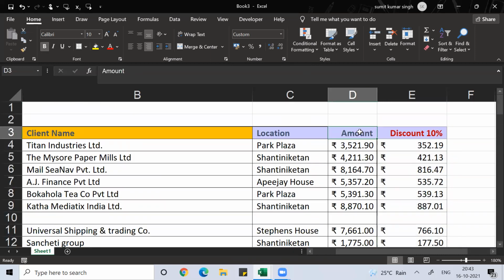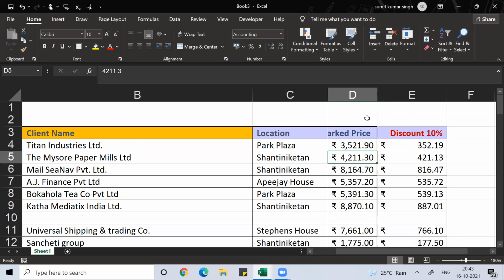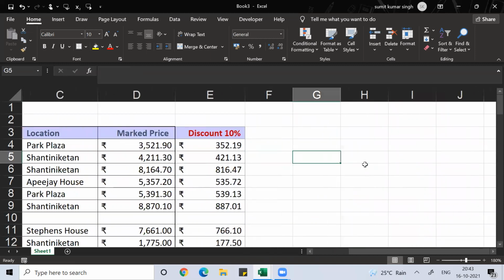So suppose this is your marked price, and you want the selling price. Basics, I think everyone understands, no? This is the price printed on the product. And if you are getting a 10% discount, what would be your selling price?